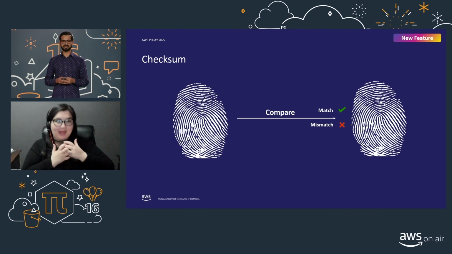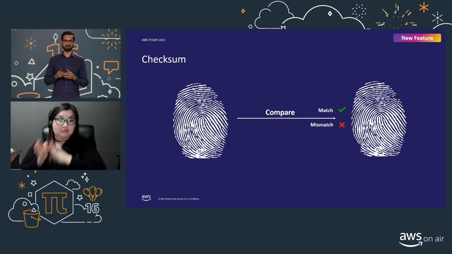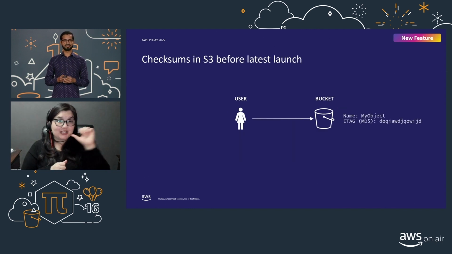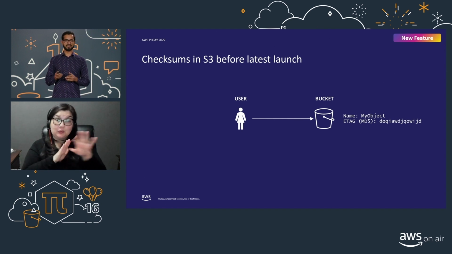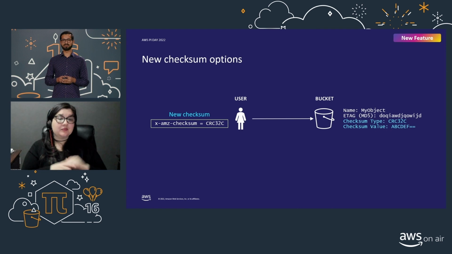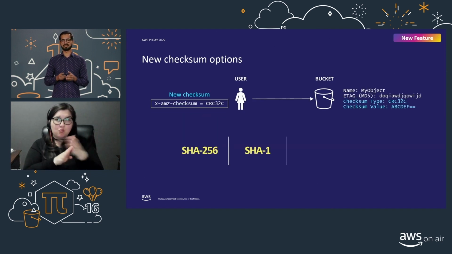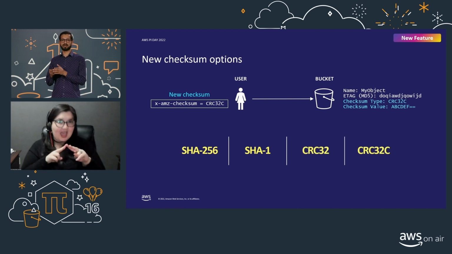Now that you know about checksums, let's talk about the new integrity checking capabilities in Amazon S3. But first, let's talk about the new algorithms we are supporting. For the first time in the cloud, you can choose from 4 supported checksum algorithms. The algorithms are secure hash algorithms and cyclic redundancy checks. Now you can use a SHA-1, SHA-256, CRC32, or CRC32C checksum algorithm, depending on the compliance or performance requirements of your application. In addition, you can select one of the 4 algorithms and provide a pre-calculated checksum value to validate the object and store it throughout the lifespan of the object in S3.